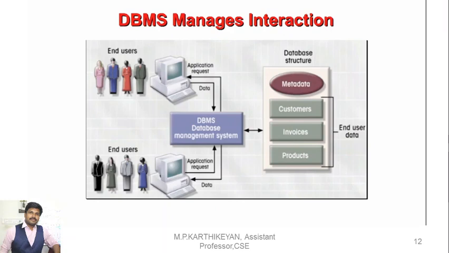There is not only one type of end user; several end users can work at a similar time in a particular DBMS. This diagram shows two end users giving application requests, and the data is provided by the system. The application request given by the end user combines with the database management system. The database structure has the component of metadata, which is the sources of the data, or data upon the data, and then it consists of several clusters of data, like data related to the customers, data related to the products, and, when compared together, data related to the invoices.